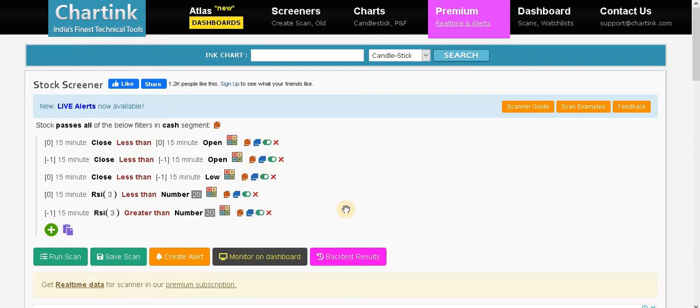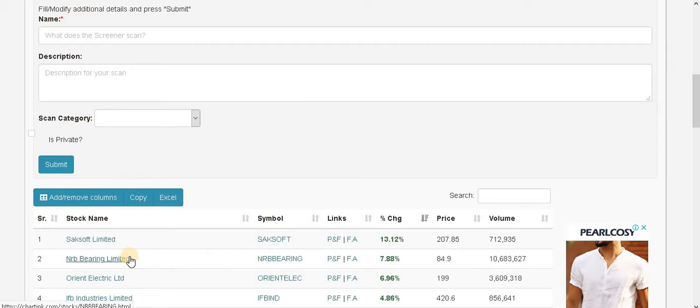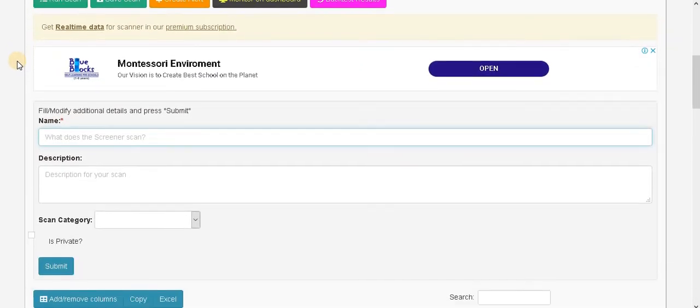Now we shall save this as our sell scan. Accordingly we should name it. So first it's asking us what's the name of the scan that you are going to set for scanning.